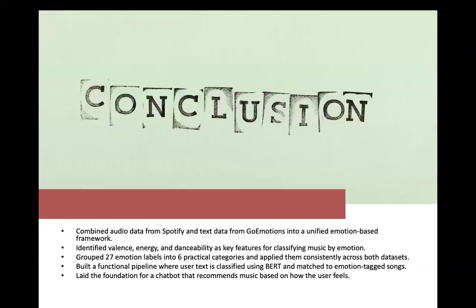And for the conclusion, we selected Spotify features using ML and statistical analysis as discussed before. We used the BERT model to get the emotion from the GoEmotions data and mapped both datasets into a common emotional space by grouping emotions. As you'll see, we derived six emotions from both datasets. So we built a system that connects users' feelings to emotionally aligned music, following the pipeline you have seen before. That's what we did. This mainly lays the groundwork for an emotionally intelligent chatbot.